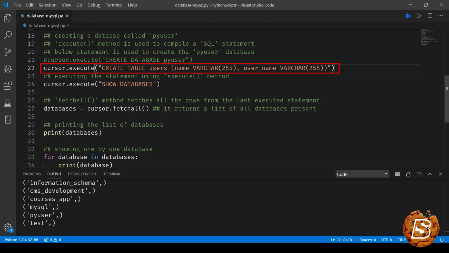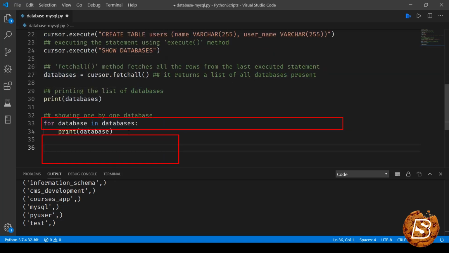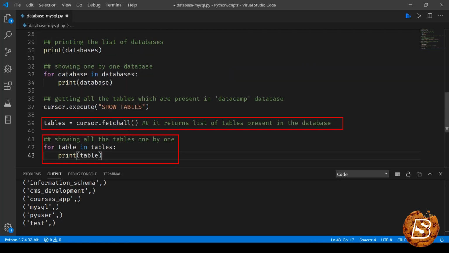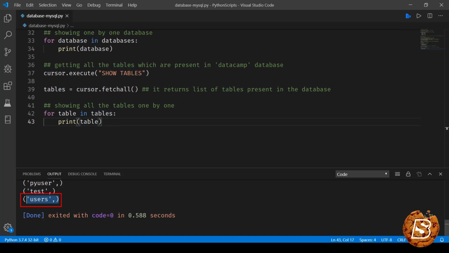Let's save this now. And just like we printed all the databases, here we'll be printing all the tables that we have inside the current database. So all we are saying is show tables, fetch all. The values will be inside the tables, and we're looping through that table collection. So let's give it a run now, and here you can see the users table is now listed